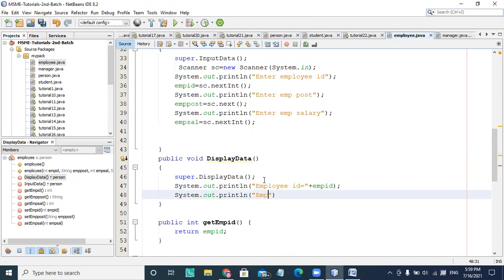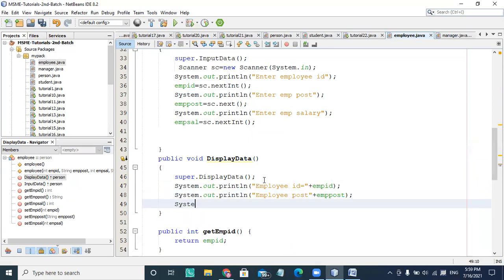Employee name, employee post, and the next is employee salary, equal to employee.